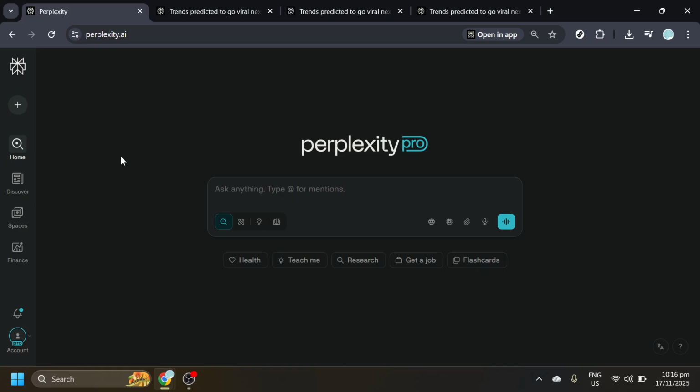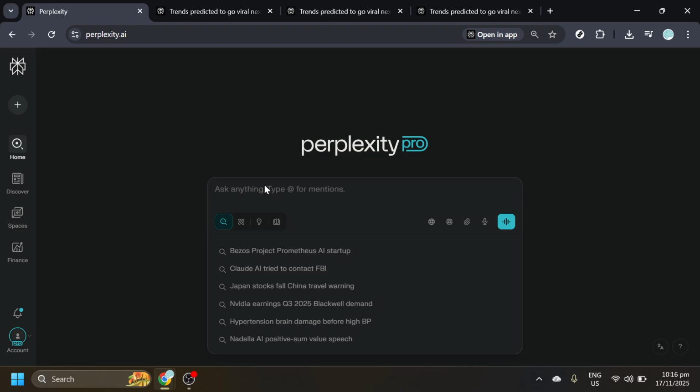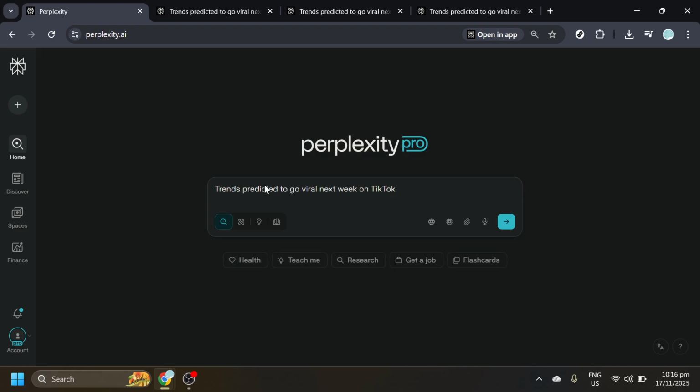Now, it's time to create your prompt. Write, "Trends predicted to go viral next week on TikTok." This allows us to evaluate how each AI interprets current and emerging trends in social media, particularly one as dynamic as TikTok. This prompt serves as an excellent test to see which AI can provide the most accurate or imaginative